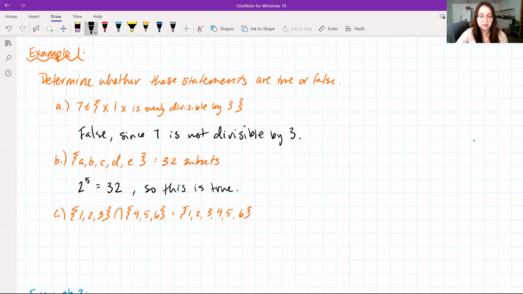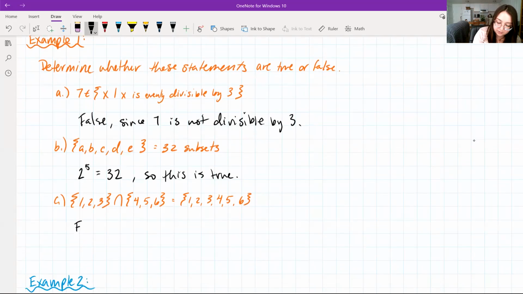All right, then for part C, we have the set of 1, 2, and 3 intersected with the set of 4, 5, and 6, and we're saying that this is equal to the set of 1, 2, 3, 4, 5, and 6. Well, if we remember, the intersection is going to be counting the elements that are in both sets. Not one, not the other, but both. And if we see here, we have a set of 1, 2, and 3, and then we have a set of 4, 5, and 6. So they don't share any elements. So we say this is false,